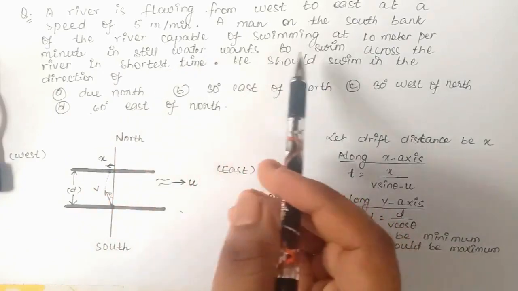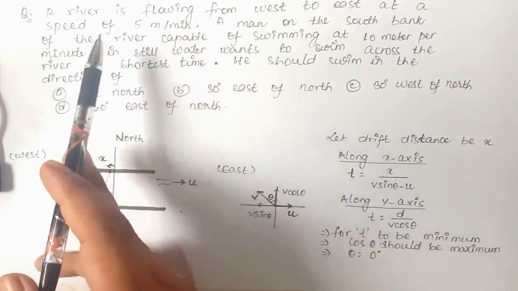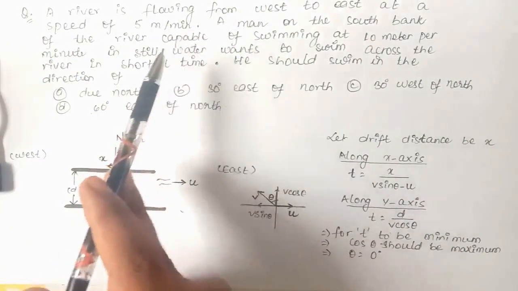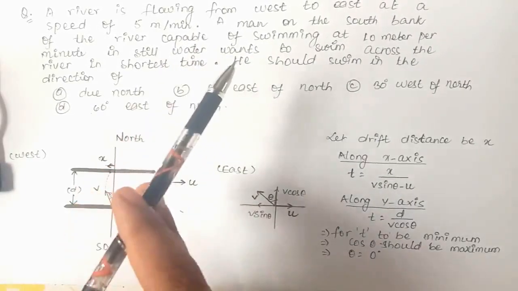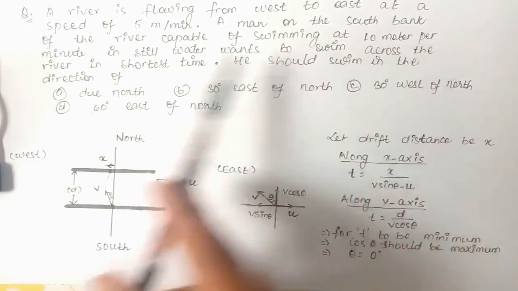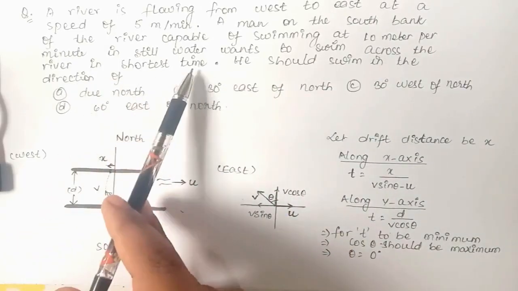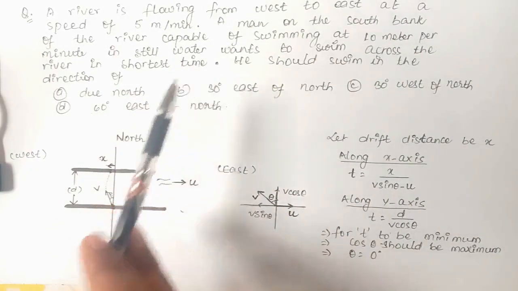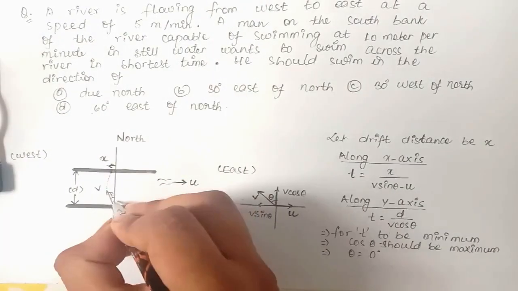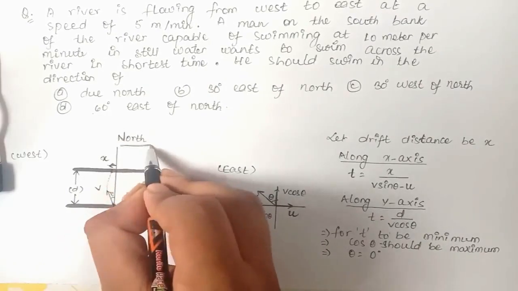Now read the question. According to the question, the river speed is given as 5 meter per minute, so u will be 5 meter per minute, and the speed of the boat in still water is given as 10 meter per minute. Now we have to swim across the river in the shortest time possible. So for the shortest time, theta would be 0, or we can say that the boat has to travel in the direction towards north,